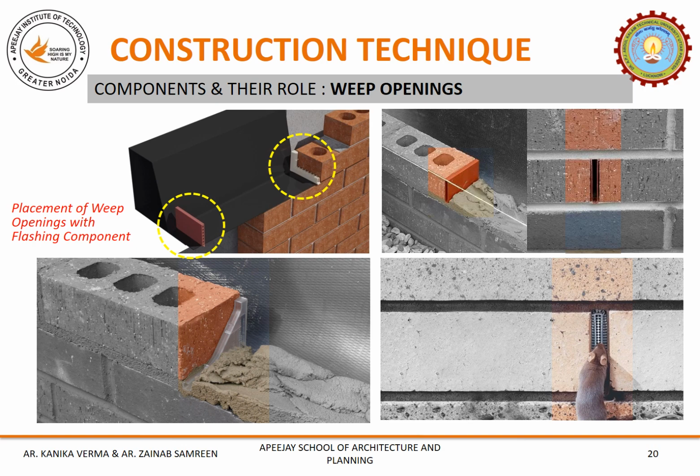The three supporting images can help you understand the placement of weep holes or weep vents with the bricks. These are basically sandwiched between the two bricks and fixed with the mortar. The third image, where a rodent or a rat is trying to enter through the weep opening, demonstrates the various closing fixtures available to stop any insect or rodent or similar kind of creature from getting inside, but let the water drain off from the wall.